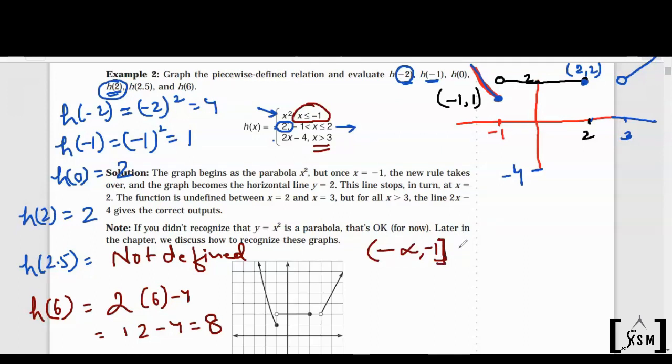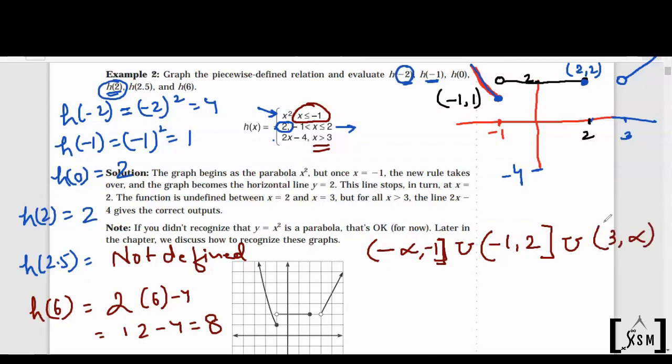And then union means added to. And then the x value is also defined from more than -1 all the way up to 2. So we'll put it like this, -1 to 2. At 2, I close the bracket, and at -1 it is an open bracket. And union, from 2 to 3 is not defined. It is all greater than 3, so we'll write 3 comma infinity.